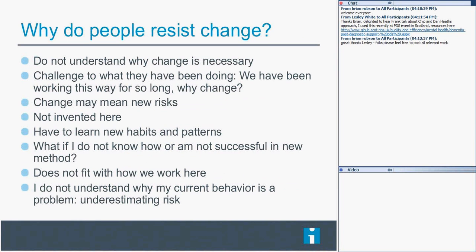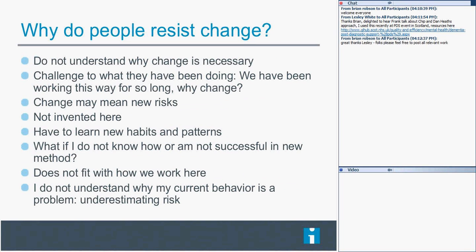Now, why do people resist change? Oftentimes, it's because people are being told they have to change, but don't really understand why the change is necessary. Many times people feel like we've been working this way for so long, why is it we have to change? All of a sudden our work is not valued anymore, and we tend to use things like reducing waste. And that might even be insulting for some folks because they've been working in a particular way for so long, and now we're telling them that the work they've been doing is wasteful. So I think the approach of getting them to understand why the change is necessary is going to be so critical.